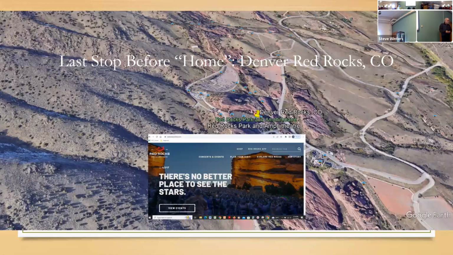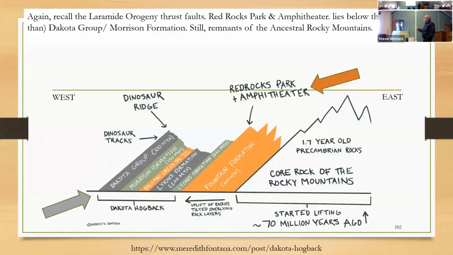Okay, last stop before home is the Denver Red Rocks. This is near Denver. It's a world-class performing arts venue. It's in the suburbs of Denver. So here's the parking lot. You're driving. Here's the amphitheater itself. This is what it looks like at night. Remember that